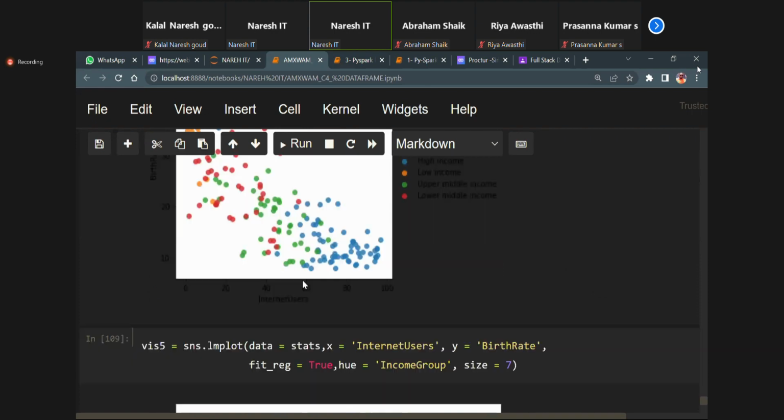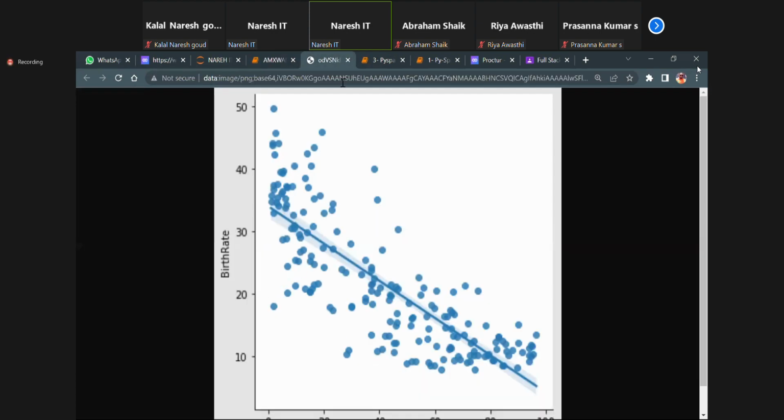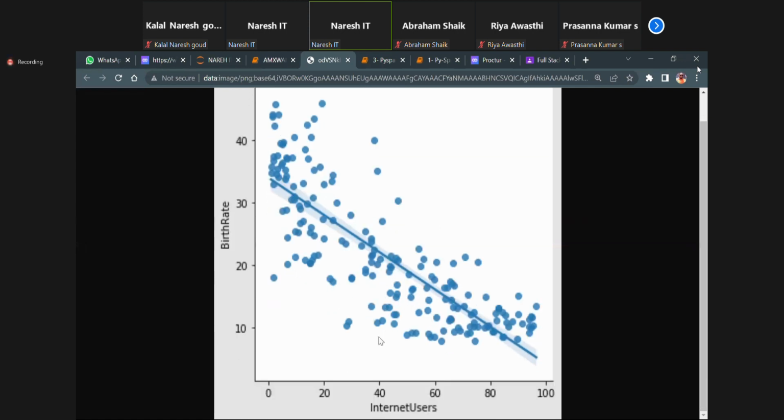What type of correlation is this graph, guys? Negative or positive? Definitely negative. Why? Look at the attributes. X-axis is internet users, Y-axis is birth rate. Do you think there is any relationship between the two attributes? No. Let's say this is a cricket match and this is a football match.